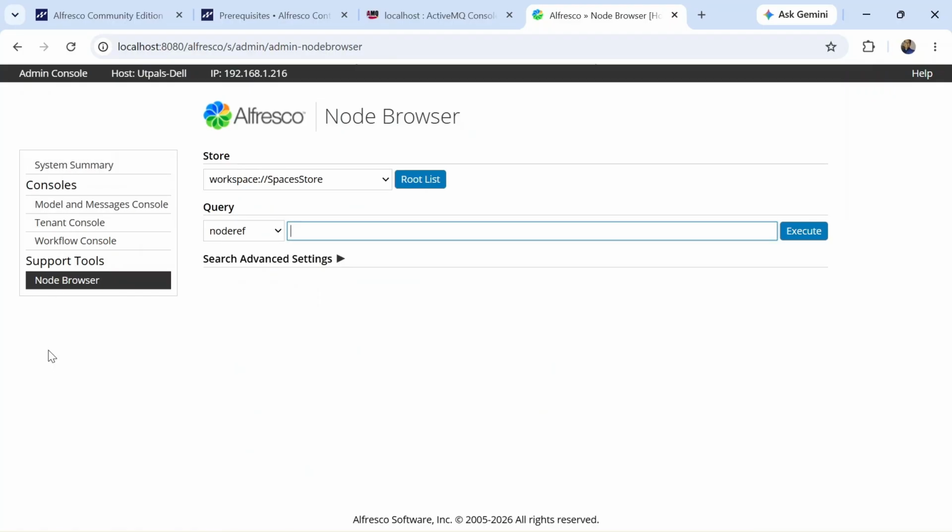Here you can see very few options because we are using the community version. If you use the enterprise version, you will see more options here to configure and all. But with the community version, at least you can test the main features of Alfresco without any issues. It should work for you. So this is done. This we call the repository site. So Alfresco is now up and running,